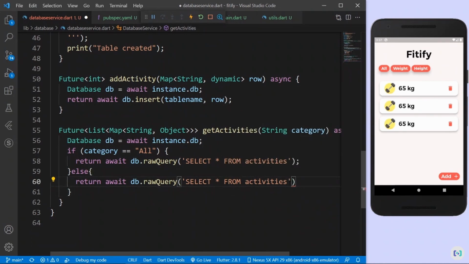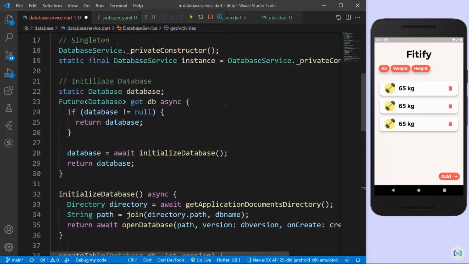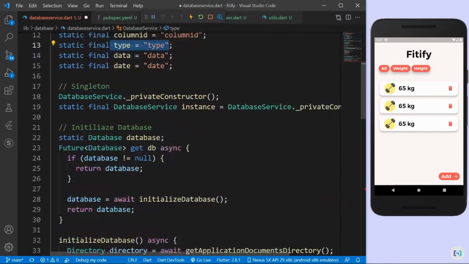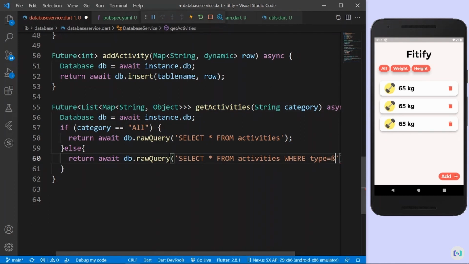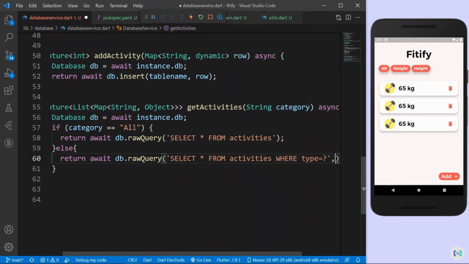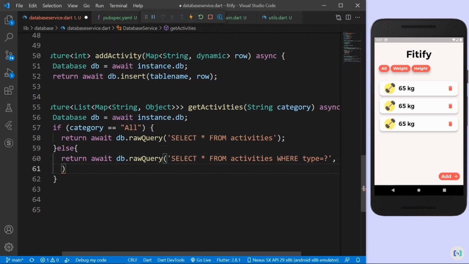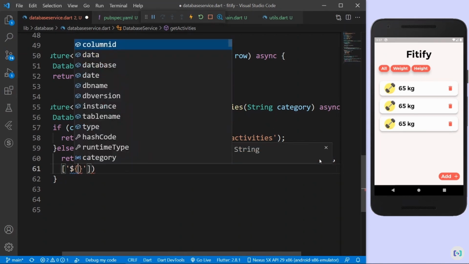Select everything from activities where the type, so we have something called a type here, right? So the type is the filter, so we're going to apply a filter. Type is equal to question mark, and you can wonder what this question mark is. For this question mark, I can just provide a filter here. So I can just open my brackets, and as a filter I'm going to use the string interpolation and category